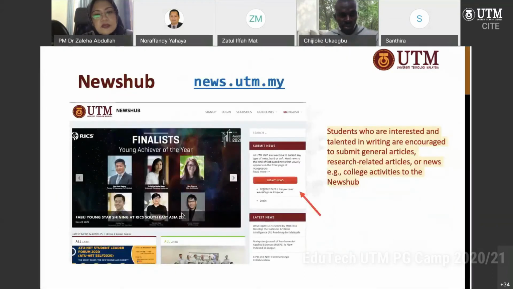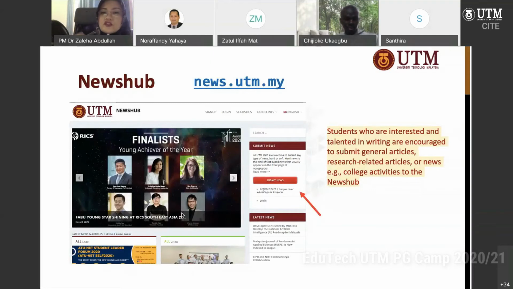News Hub. Okay, this is quite interesting. Do you know that you can actually submit news directly to the News Hub? You as the student, you can submit any news. Let's say you organize an event or a gathering which you wish to share with the UTM community, you can always write it down.